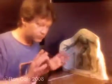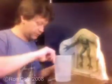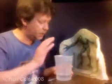And so having said all that, we're just about ready to start mixing up some plaster. And I've already measured out the amount of water that I want for my first batch. It's going to be a relatively small batch. The first coat of plaster, and maybe even the second coat, it all depends upon how much coverage I get